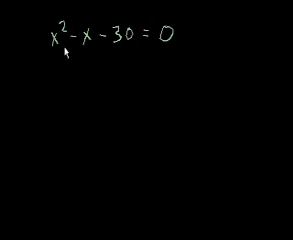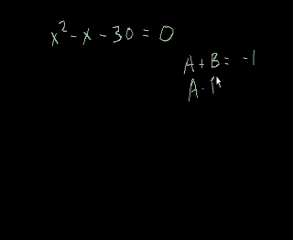Let's do one more problem. And this one I'm just going to cut to the chase. Let's just solve x squared minus x minus 30 is equal to 0. Once again, two numbers, when we add them, they equal, what's the coefficient here? It's negative 1. So we could say those two numbers are a plus b equals minus 1,